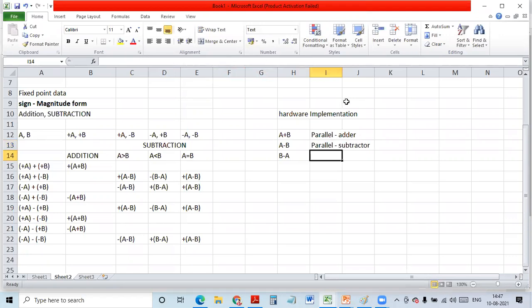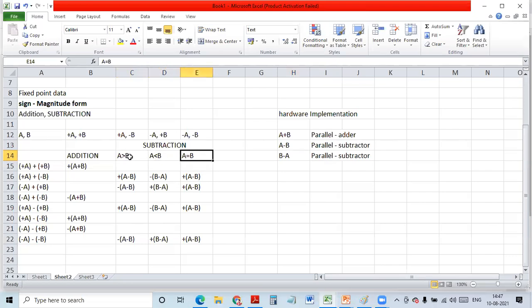One parallel subtractor to perform A minus B, and another parallel subtractor to perform B minus A, right? With the same one parallel subtractor, I can perform A minus B. I require one more parallel subtractor for B minus A. So to implement this in hardware, one parallel adder I require, two parallel subtractors, and